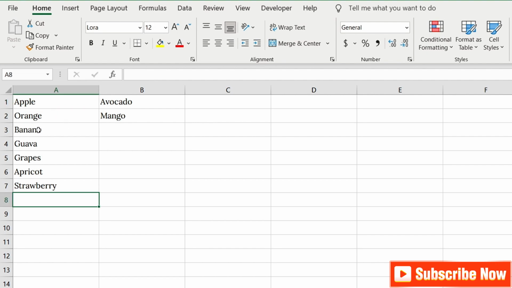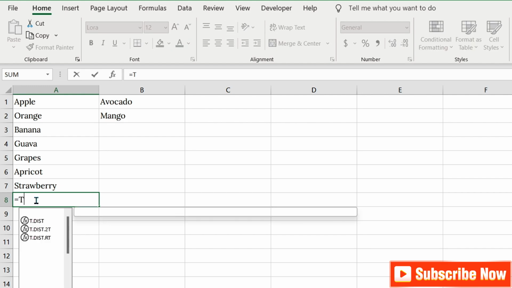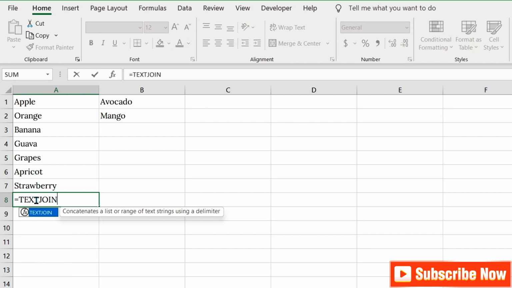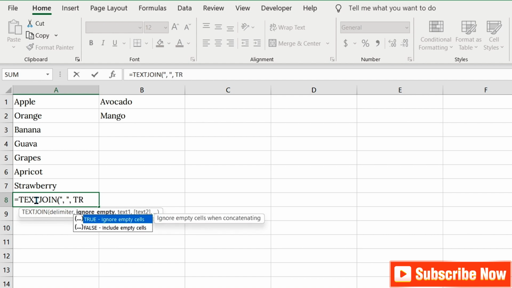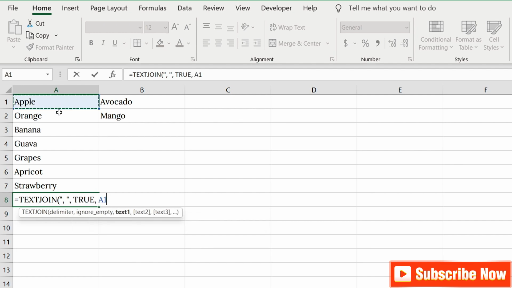This is great when you have a lot of cells to combine. Simply type =TEXTJOIN, open bracket, quotation, comma, again quotation, comma, type TRUE, comma, then select cells A1 to A7. Close the bracket. We use TRUE in the TEXTJOIN function to tell Excel to ignore empty cells when joining